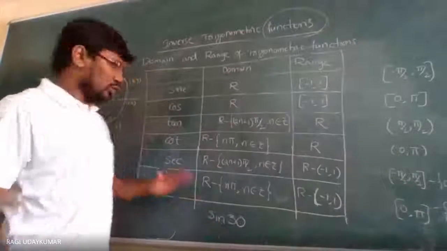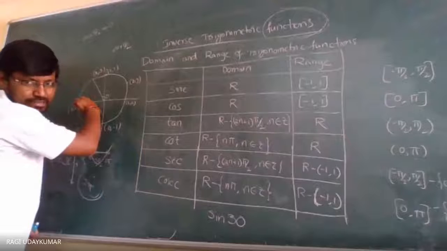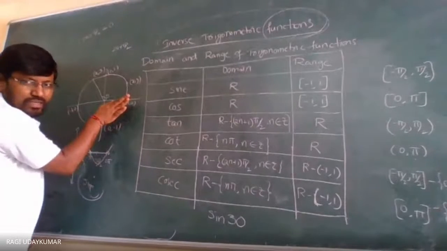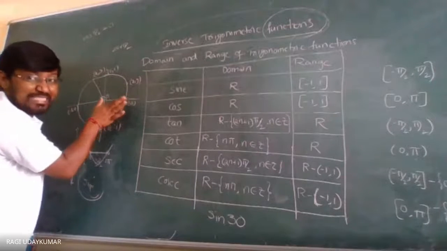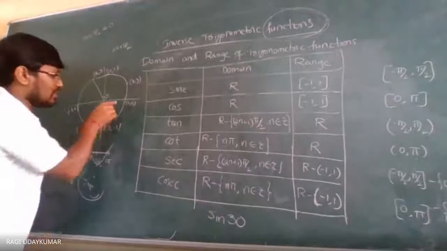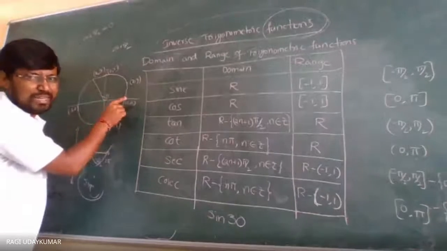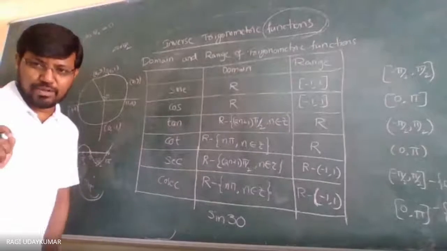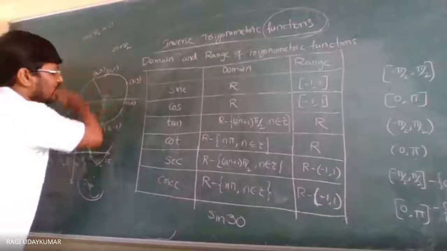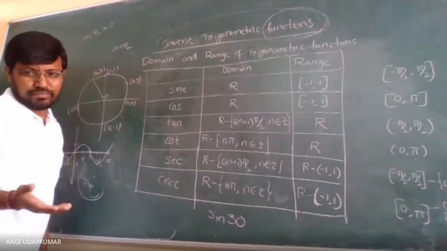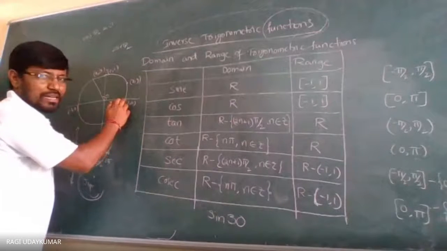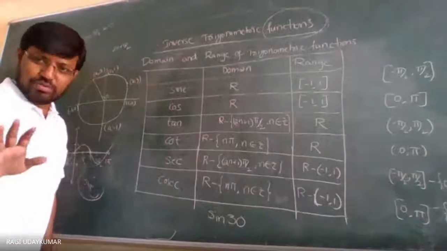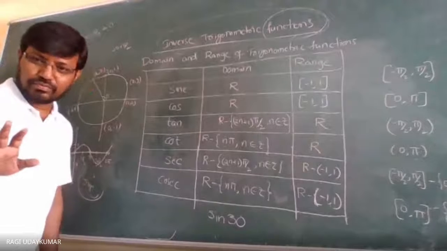That means where will it be? Usually, this is 3 radians, approximately. When it comes to here, 6 radians. Isn't it? 6 5s are 30. Approximately 6 I am saying, not exactly, because 2 pi radians, the 2 pi value is 6.14 or so. So 6.14 means when it rotates 5 times, 6 5s are 30. So when it comes to here, 30 point something will be there. Are you getting my point?